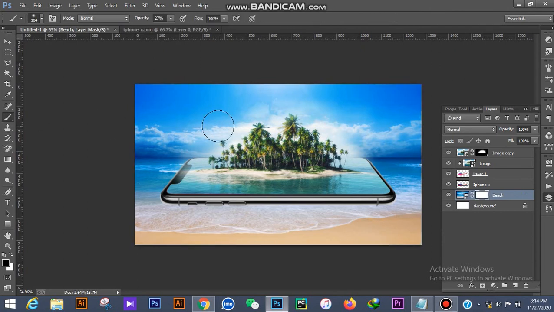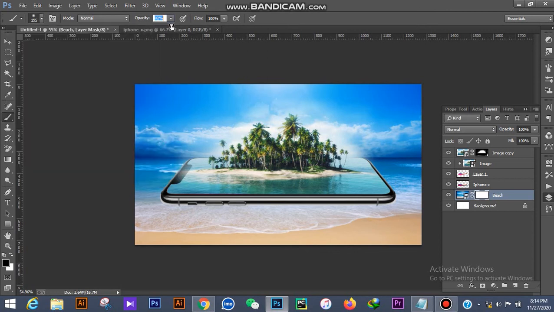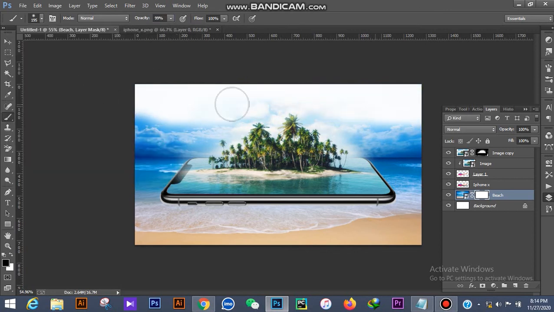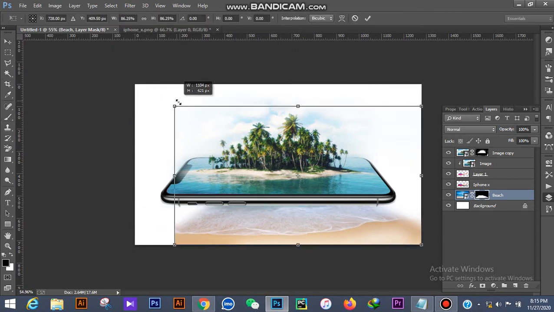Just we take a little bit of the option from here. Okay, masking. Make something smaller.